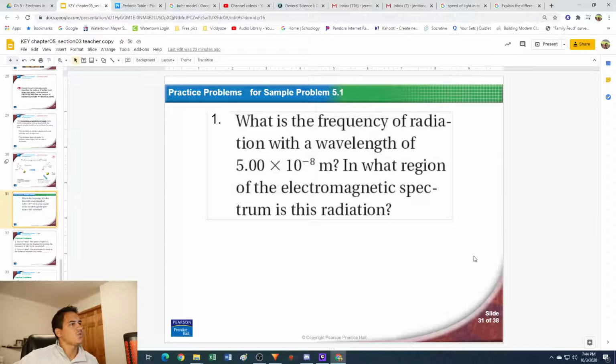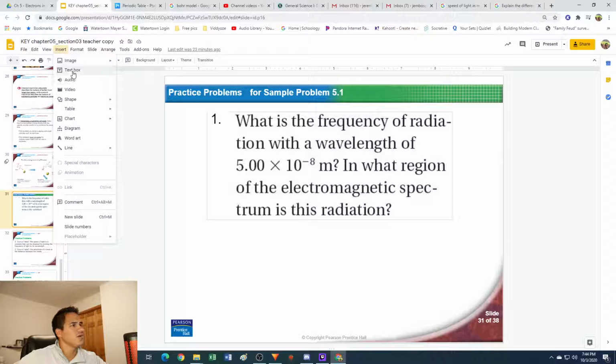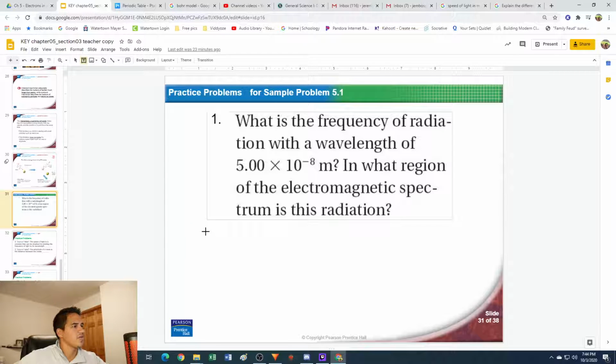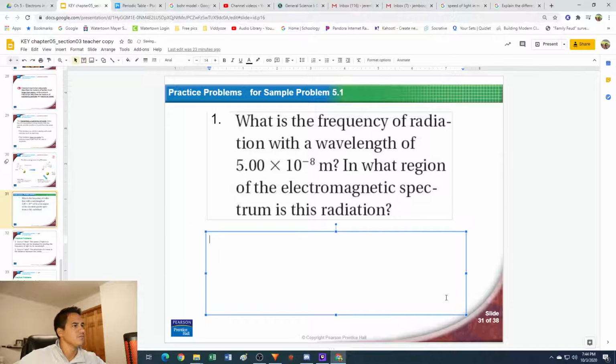So let's begin here with number 1. It says, what is the frequency of radiation with a wavelength of 5.00 times 10 to the negative 8th meters? In what region of the electromagnetic spectrum is this radiation? To answer this question, we are going to need to use the equation from the chapter, which is